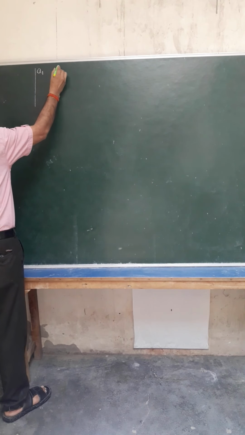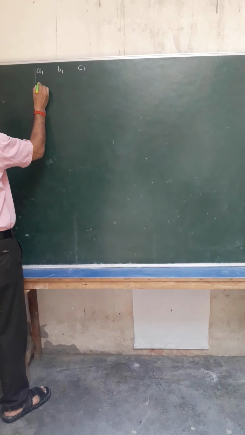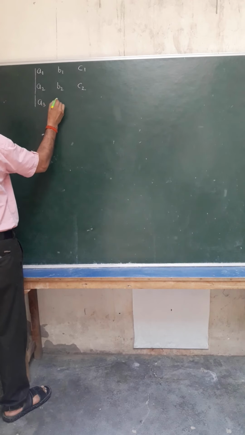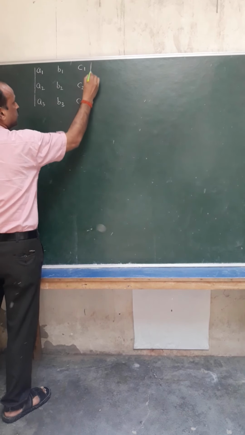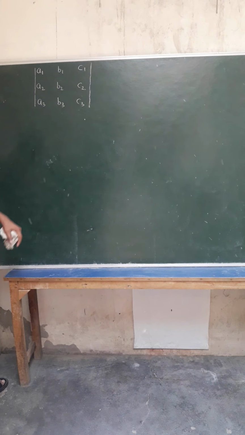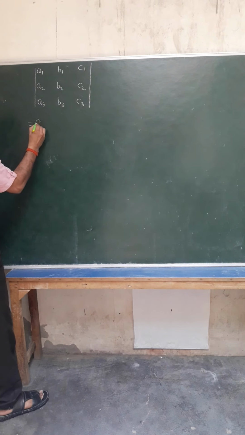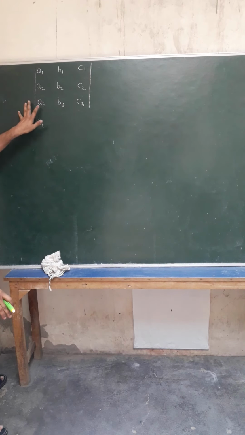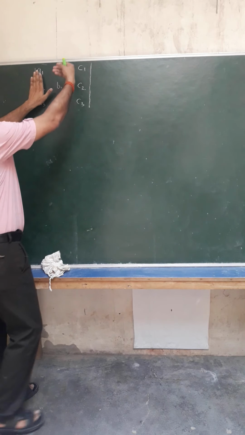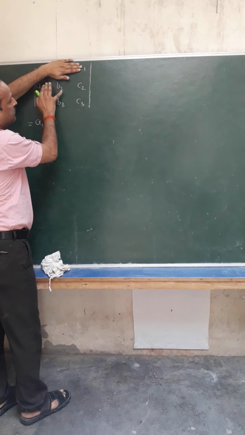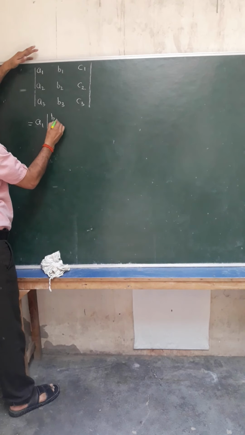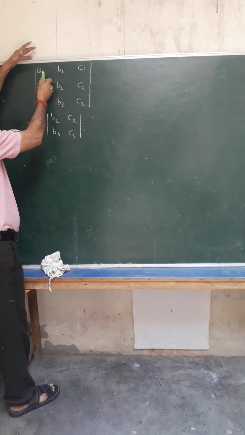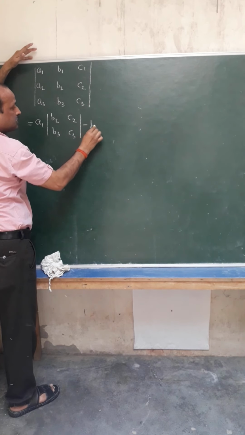Suppose I am going to tell you a determinant of order 3: first row A1, B1, C1. Second row is A2, B2, C2. And third row is A3, B3, C3. Now let's solve this. When we solve this, write A1. Now hide the row and column of A1. A1 is in the first row and first column. Hide these two. We have a determinant B2, C2, B3, C3. Then after A1, move to B1, it is minus B1.